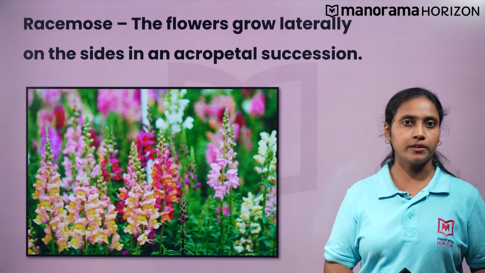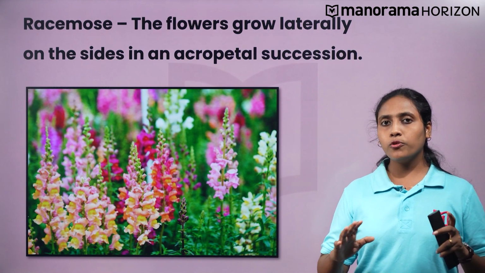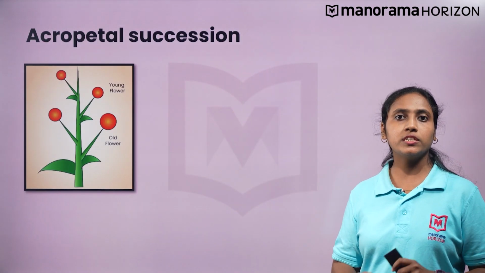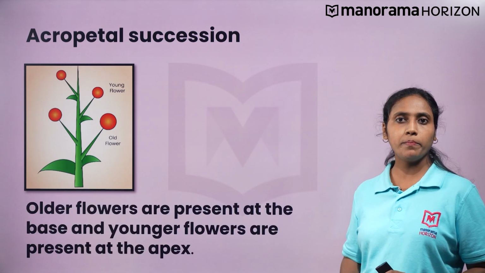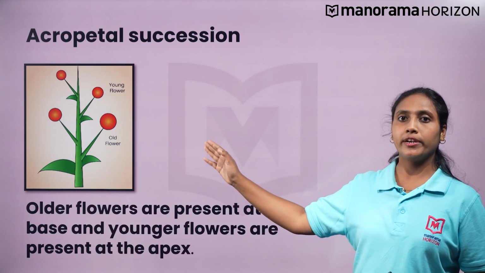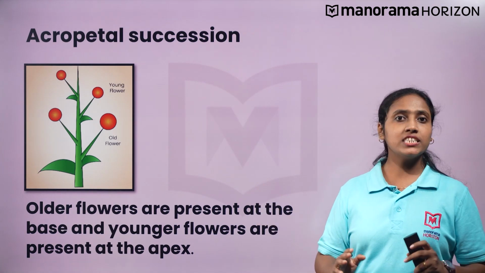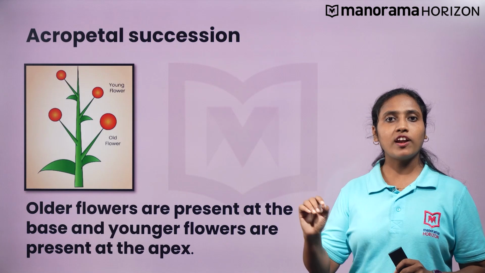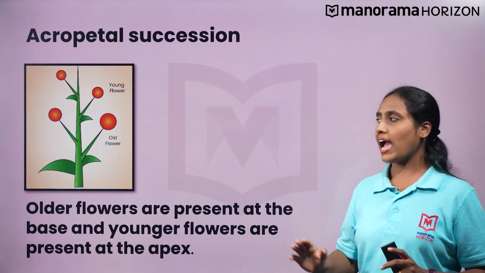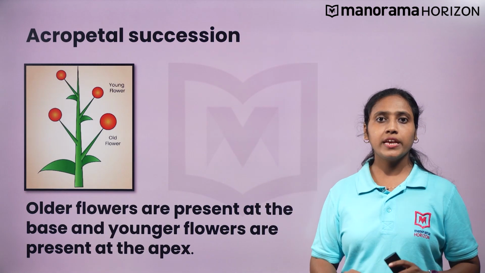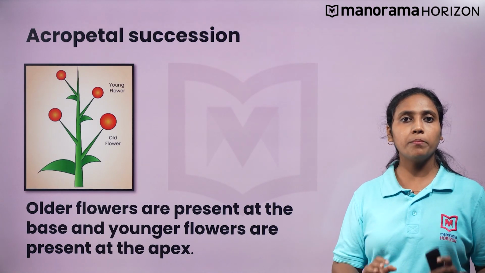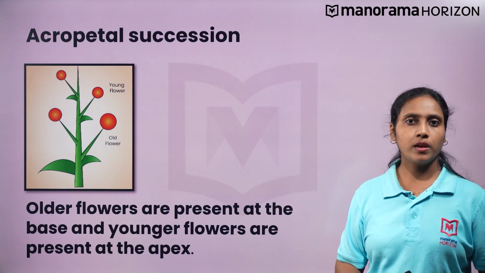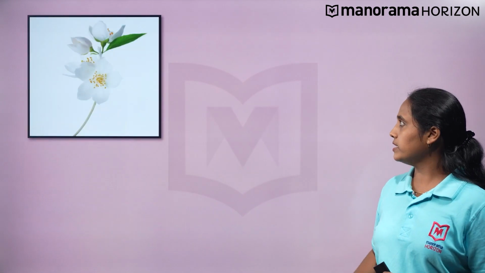Example, snapdragon. Now, you might think, what is acropetal succession? Acropetal succession refers to growth or development upward from the point of attachment. The basal flower will be the older one and mature, while the flowers at the tip will be new and in the bud stage. In racemose inflorescence, the main axis or stem continues to grow, whereas the next type is